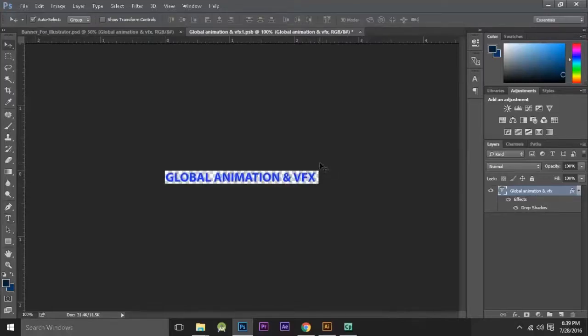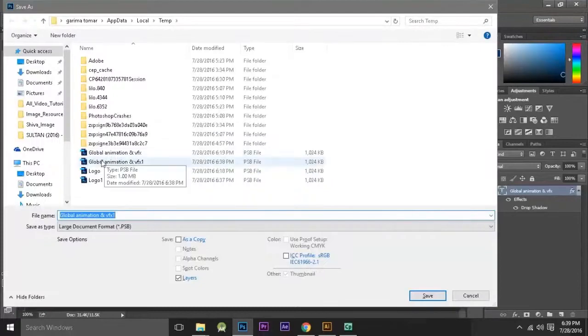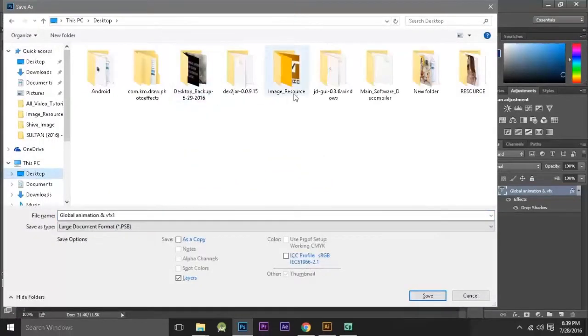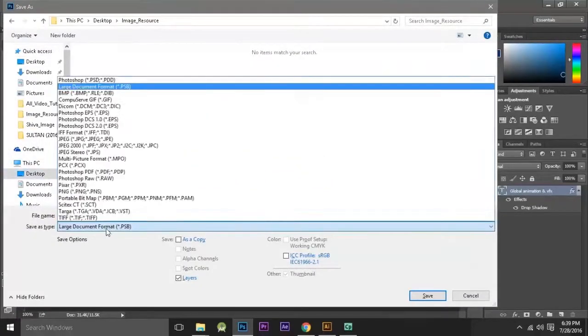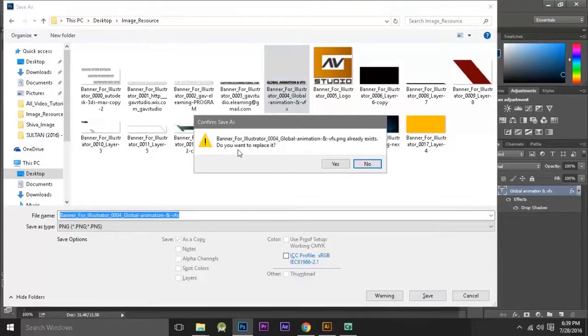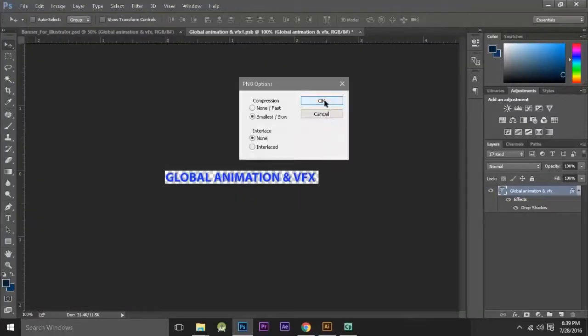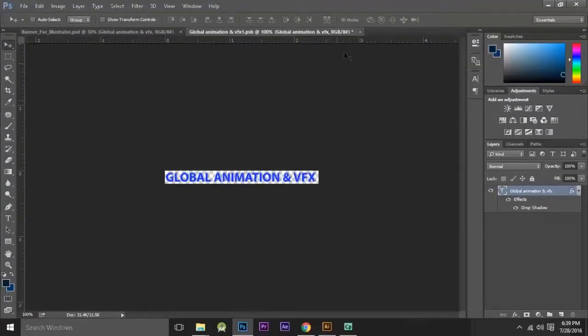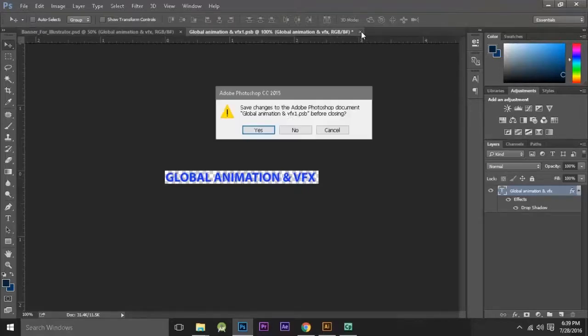Now again do the same process, Ctrl Shift S, and select your folder, select the PNG option. Now this is the Global Animation and VFX image. I will replace the image with my new one. For that just hit Save. Now again it will ask you, do you want to replace it? Yes, we do. Now hit OK and again close the tab.